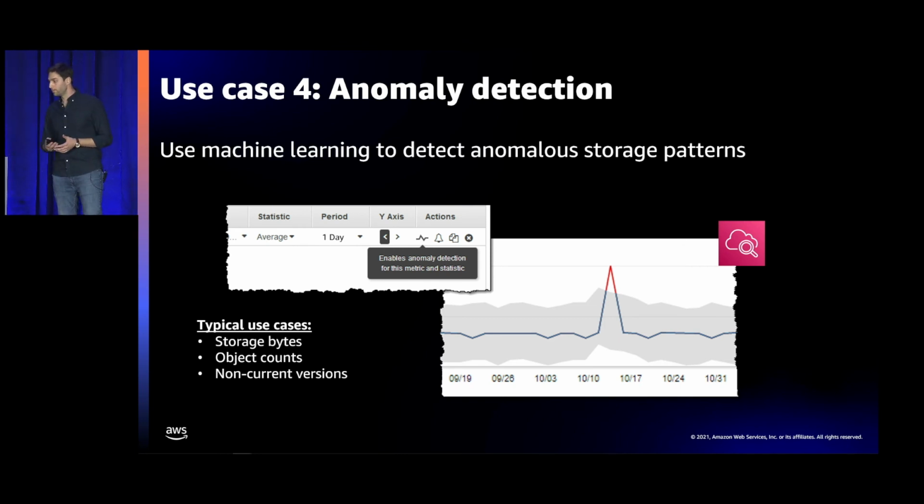Another useful example would be to look at non-current versions to identify any anomalies, as we mentioned in our previous use case. And there is another useful example, which is that you can set up anomaly detection to identify incomplete multi-part uploads, or incomplete MPUs. This really gives you some peace of mind to identify any buckets that start to accumulate either MPUs or non-current versions. Then you can identify them and address them by either removing them manually or setting up your lifecycle policies to expire those going forward.